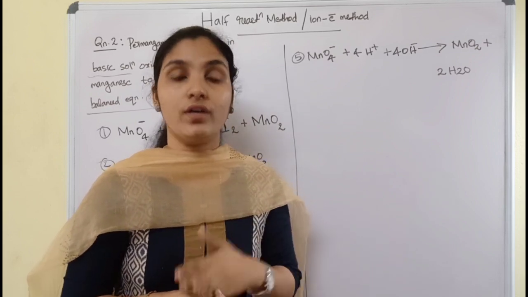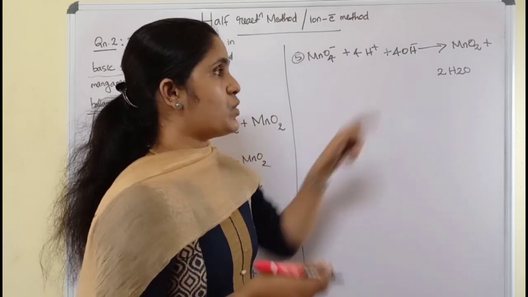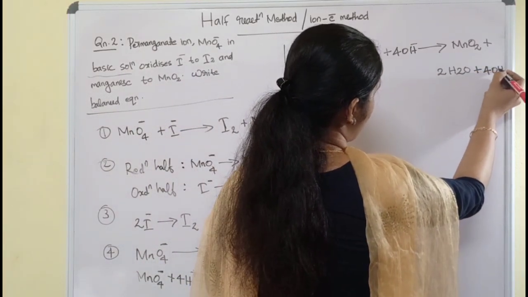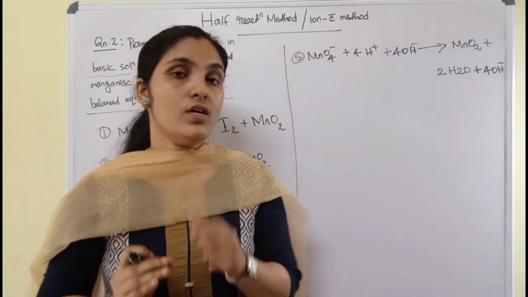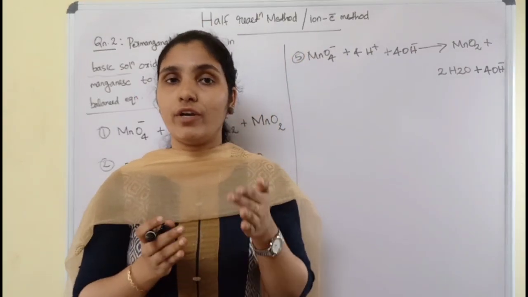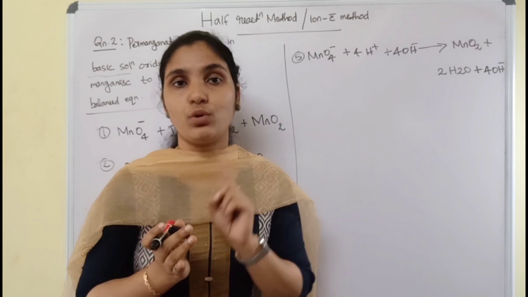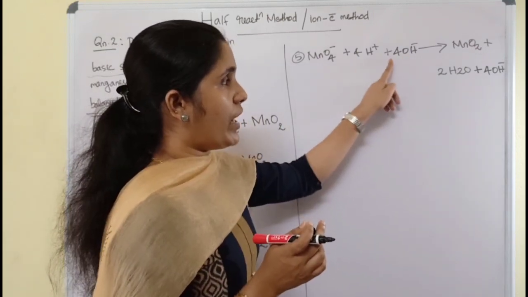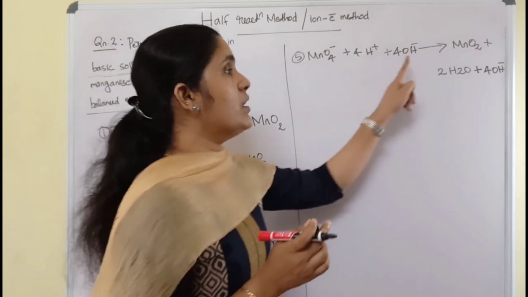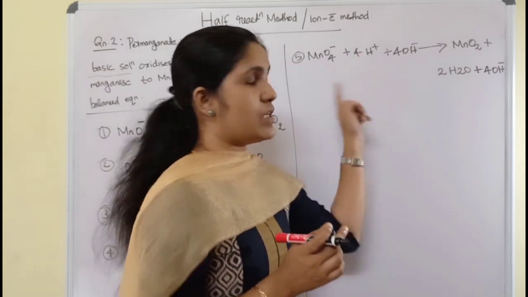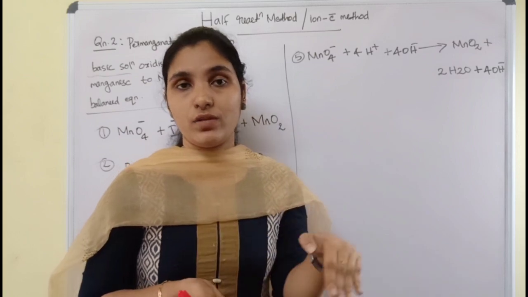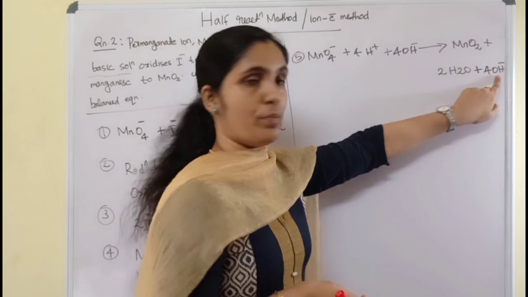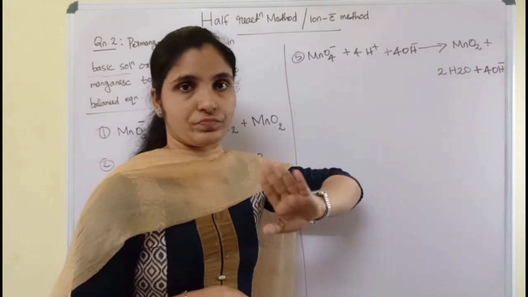That balance will be destroyed. So for that we will add equal numbers of OH minus to the right side as well as the left side. Okay, so note down the corresponding changes when the reaction takes place in the basic medium. Here, 4H plus, that's why we have added 4OH minus. But if we stop with this, the number of oxygen and hydrogen balance will be destroyed. For that, however many OH minus are added to the left side, an equal number should be added to the right side.